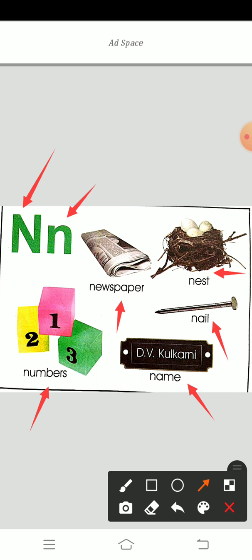Nail: NAIL, nail. If you want to hang anything on the wall, we can use this nail, and on the wall we can hang anything. Then name: this is actually a name plate. My name is Rupa. Like you, everybody has a name, is it not so? Say your names. So that is your name. NAME, name.